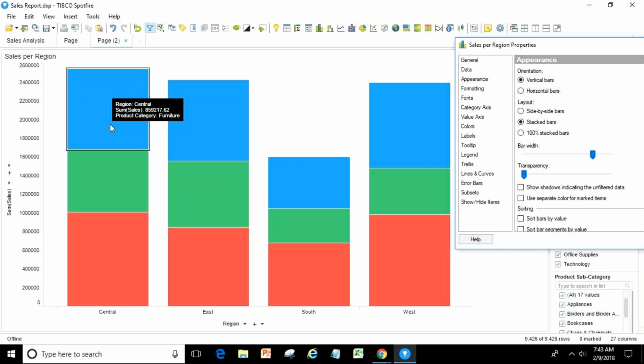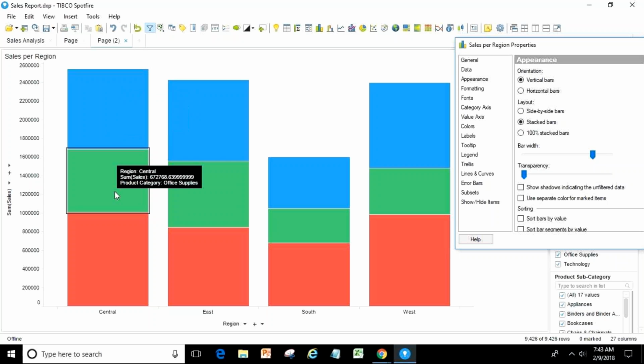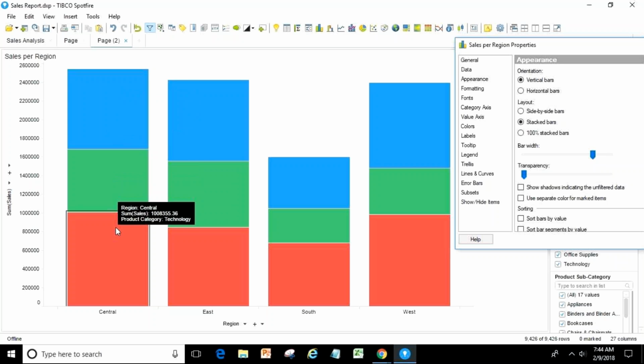It looks good, and here you see it's showing me the same numbers and everything. No change, only it will be segmented. So that is called stack. Here you see 859, here you have 672, here you have 1.08, and so on.